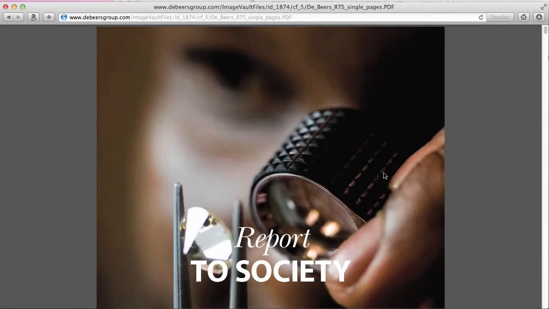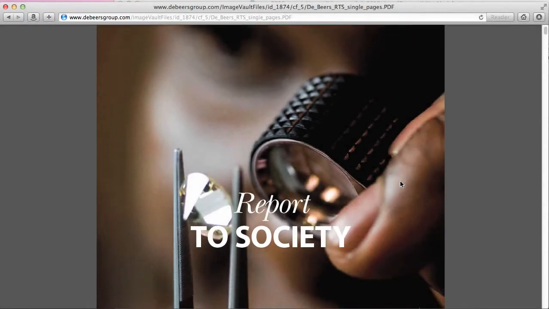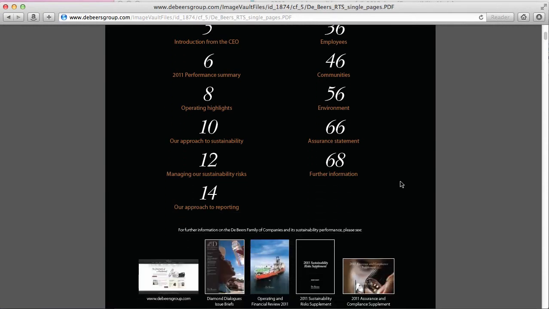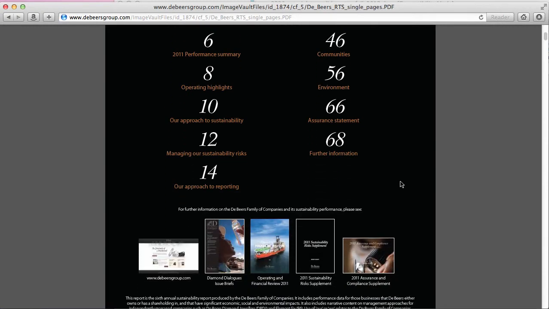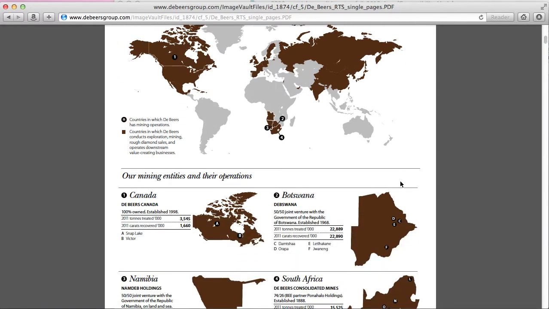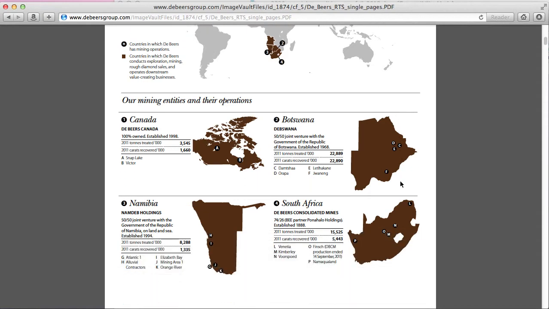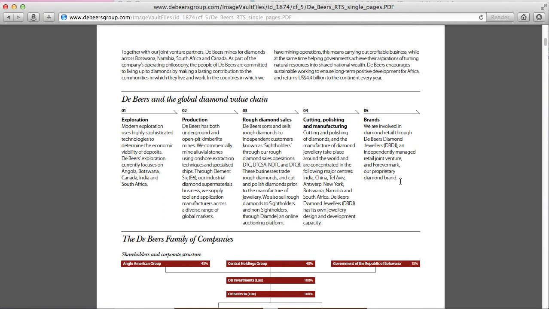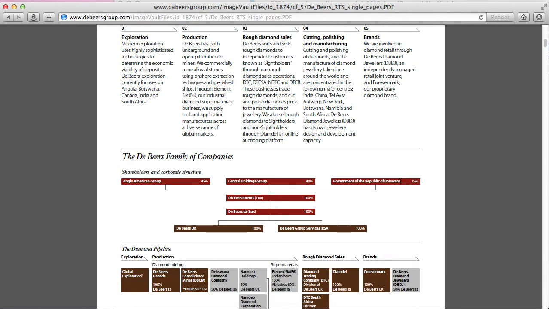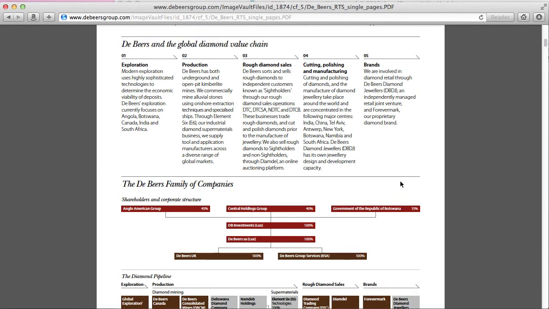My first example is a recent report to society written by De Beers. What's great about company information is you can often get a lot of facts about the company's operation. In this case, just flipping through the first few pages of the PDF, I see lots of information, some maps about the operation, their stage, even a whole portion on the value chain itself, which is fantastic and very relevant